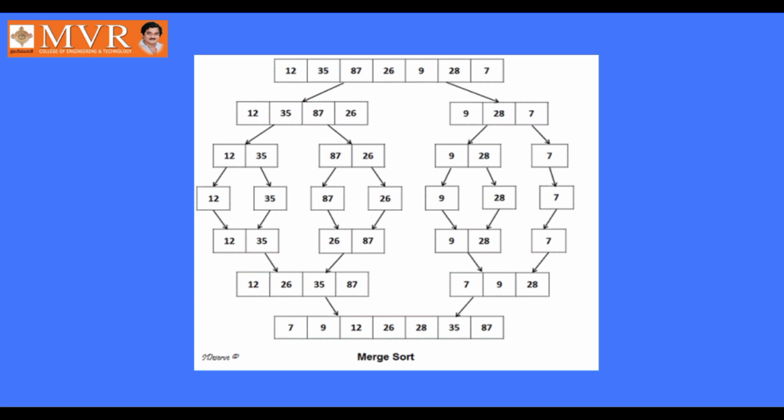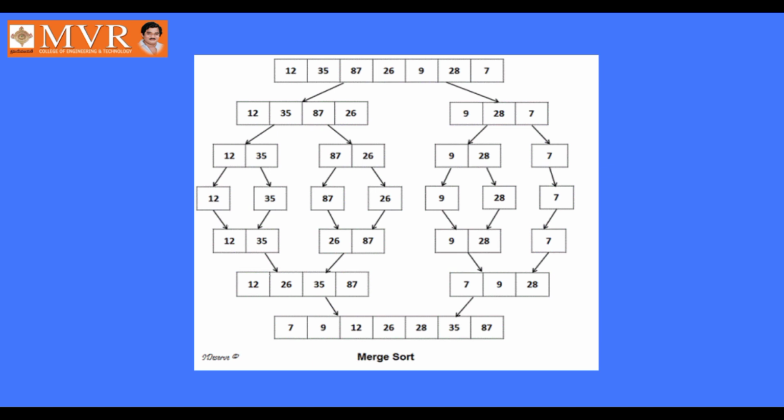Also write the mid calculation there only. Near the arrow you will have a small space. There you can write the mid value also. Mid is equal to low plus high by 2, and you can calculate it there only, near the arrows. Then the person who is evaluating your paper will get an idea that you know this technique clearly. Okay. So this is another example.